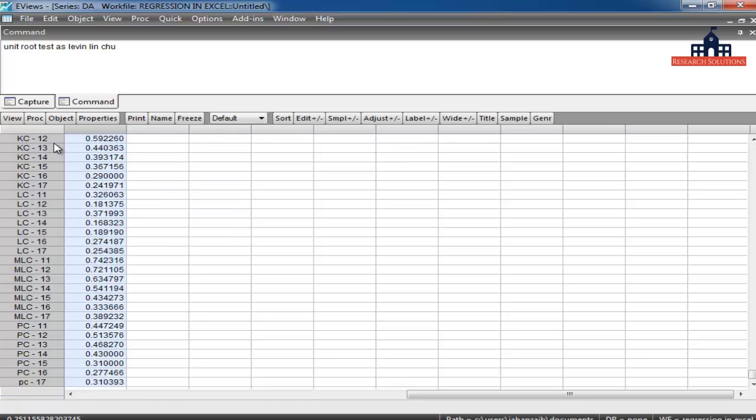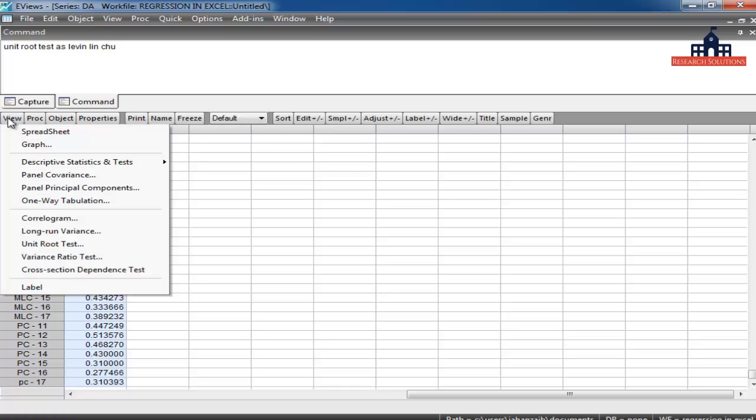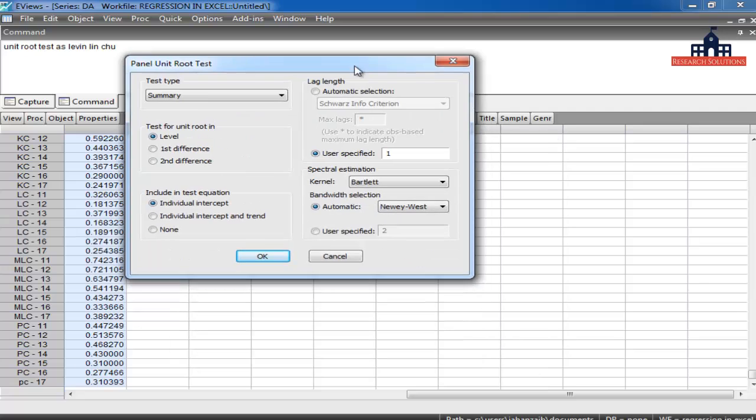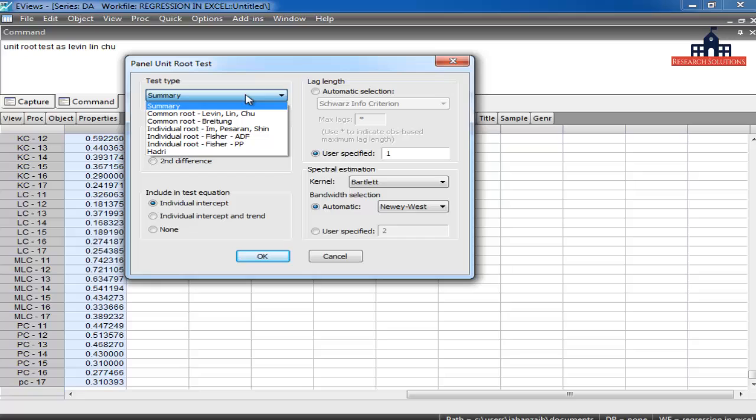After selecting this column, I go to View and choose Unit Root Test. In the unit root test there are some test types, such as the common root Levin-Lin-Chu, Fisher ADF, augmented Dickey-Fuller and Phillips-Perron test. Here we can only test the Levin-Lin-Chu. I check yes and then say okay.